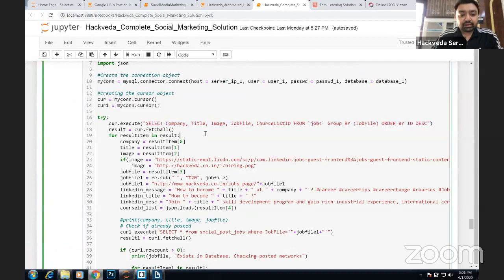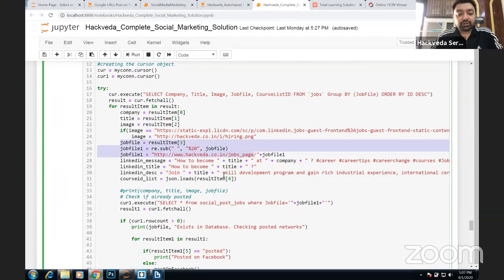Now we selected it. We have used cursor to fetch all the rows which have been returned, and we have saved them into result. So we are going to read each row step by step. We are going to get a list of rows available in the jobs database, and then read each job one by one. We are going to fetch company information, title information, image information, and grab the job file information. And once we have got these four pieces of information, we are going to create a custom message